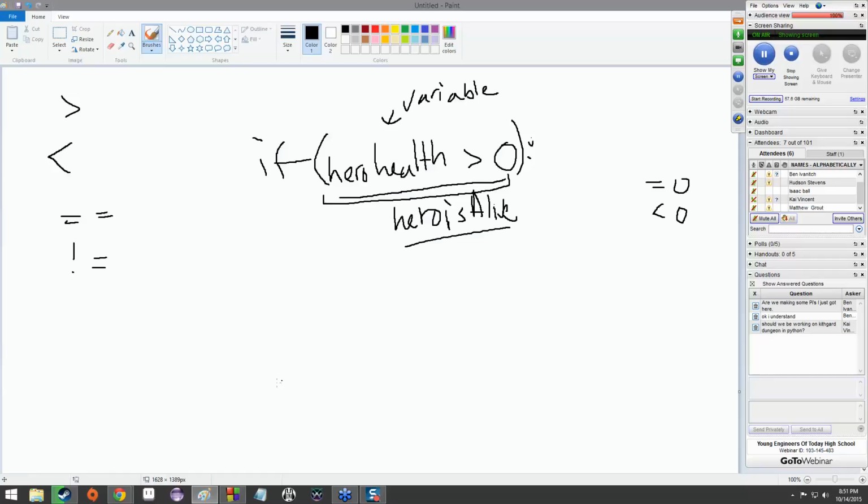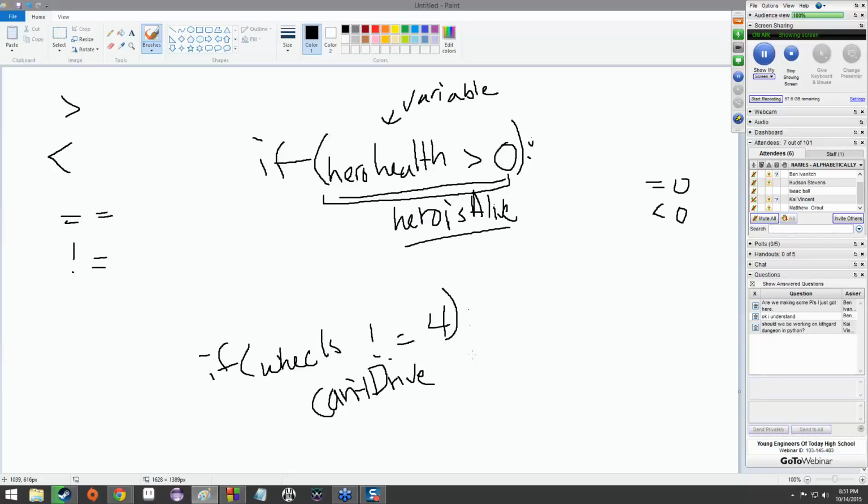If wheels does not equal 4, then can't drive. So if you don't have 4 wheels on your car, then you can't drive. This isn't exactly a perfect example. A, there are motorcycles.